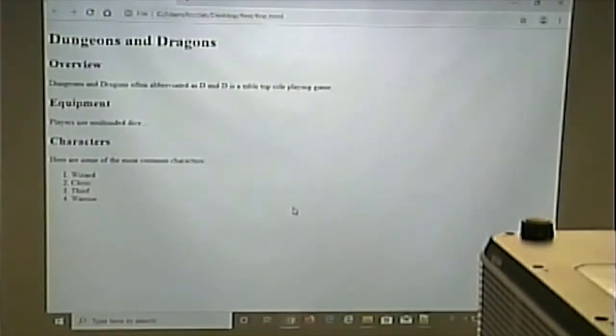Now, we're not using any CSS yet. CSS will come next week, probably. Maybe Monday, or it won't come Monday, right? Because we don't have class on Monday. But maybe it'll come on Tuesday, maybe it will come on Thursday. All right? CSS is a way for us to change the way our page looks. All right? The way your page looks